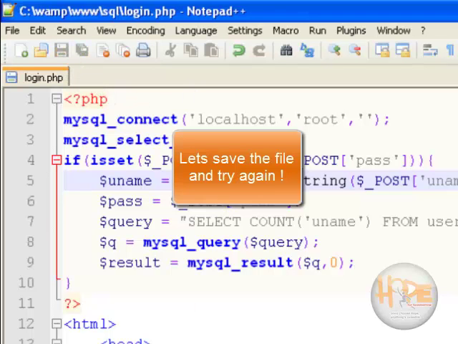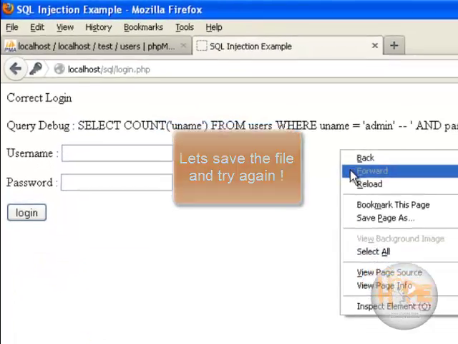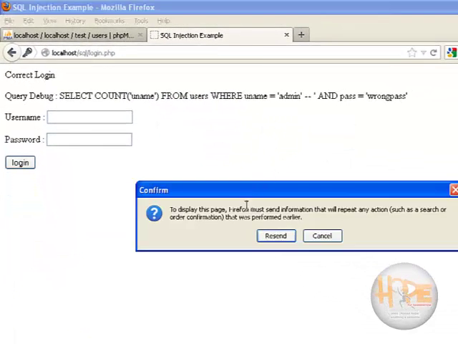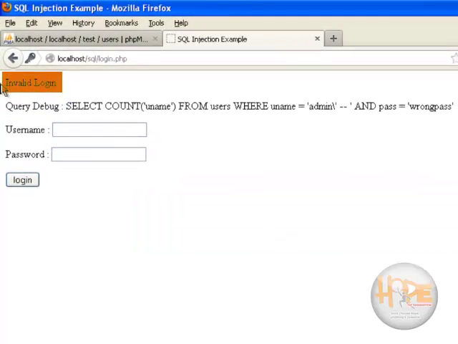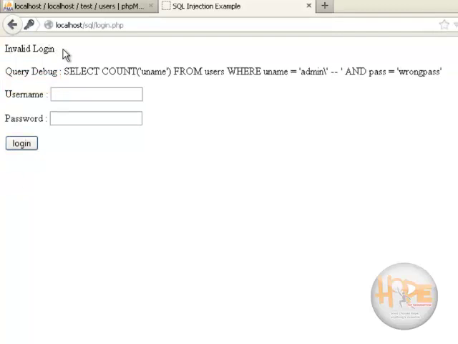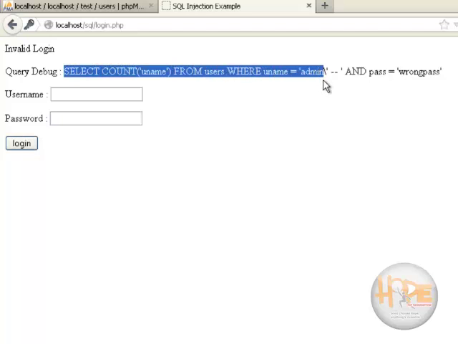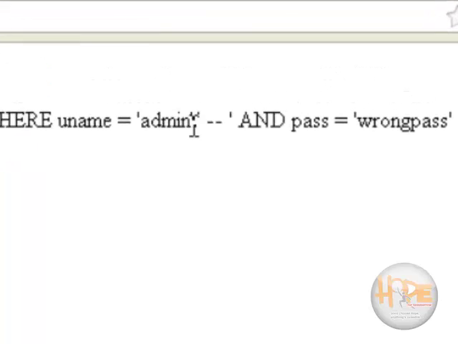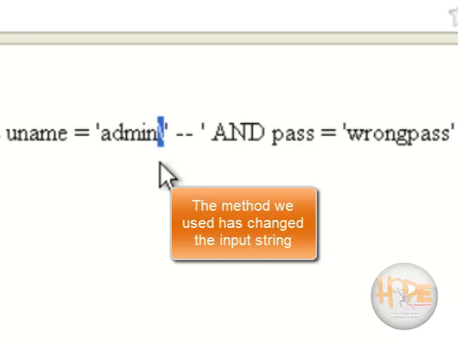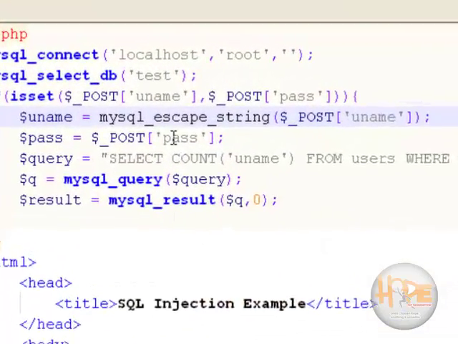Save this and let's reload this. It asks us to repeat that action and we click on resend. And as you can see, it says invalid login. To debug our SQL statement, let's have a look. The query till here seems to be okay, but this backward slash is being entered automatically by our command,